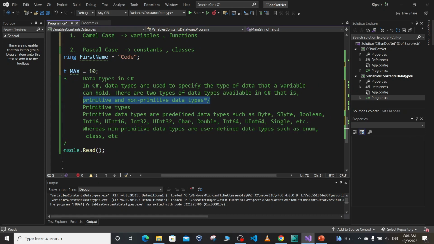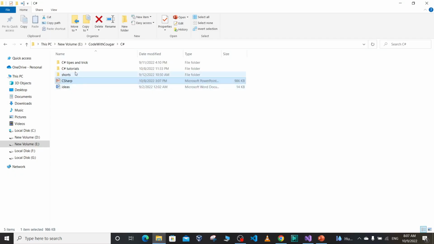A string is not a primitive data type. And we have non-primitive data types such as user-defined data types, classes, enums. So if we define a class, that is a user-defined data type, that's a non-primitive data type. Okay, let me show you some